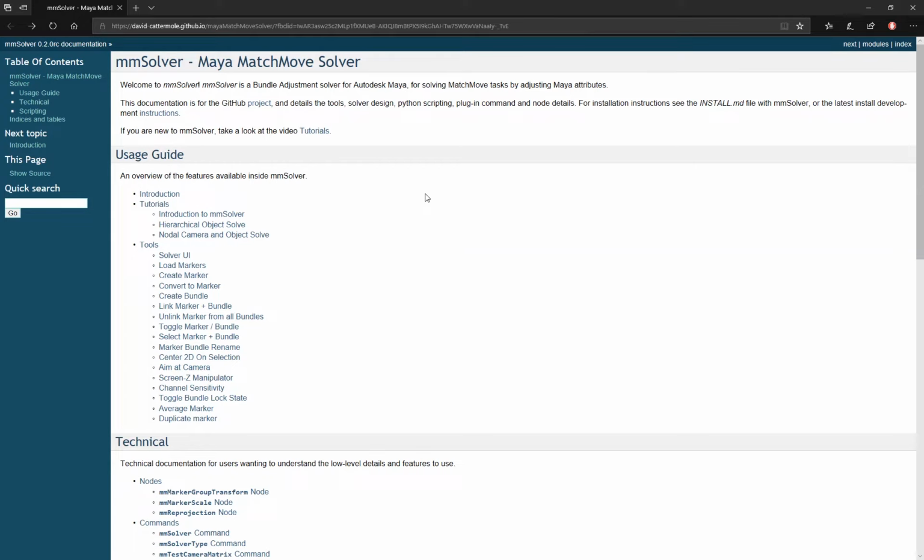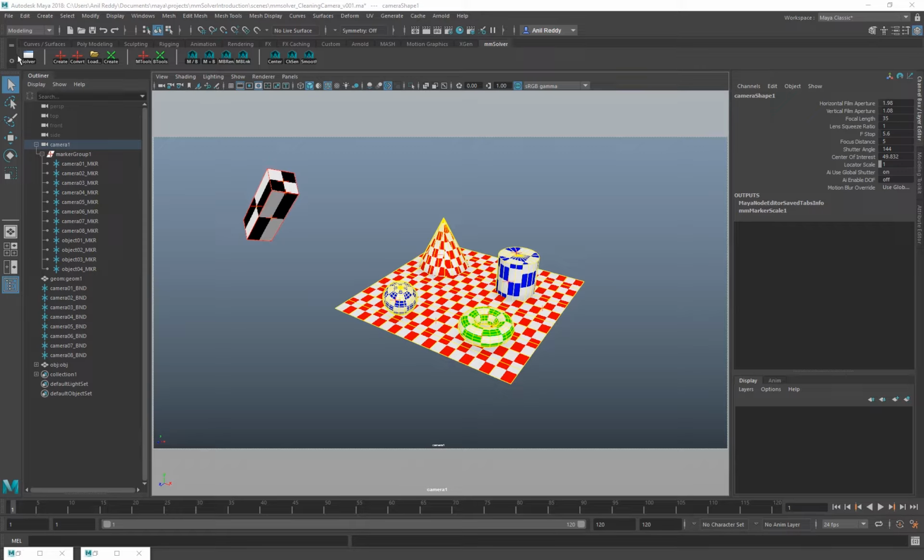In this video, I'll be explaining the mmSolver usage guide shelf tools to make the workflow easier. Inside Maya, we have this mmSolver shelf. We have already covered the Solver UI part, which is this one here. It's called the Solver button. And right next to it, we have a button called Create with a red colored